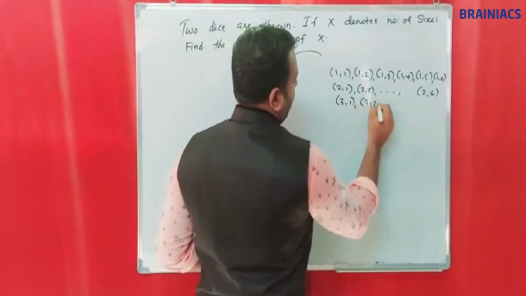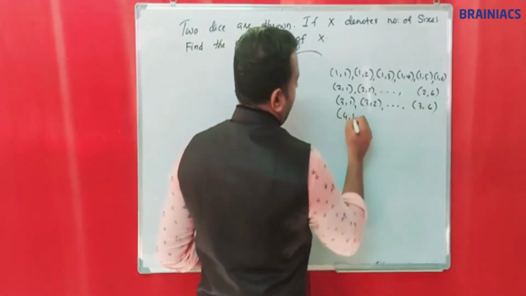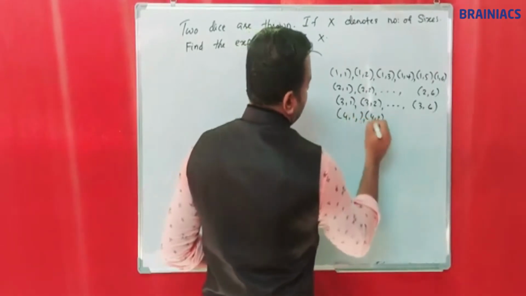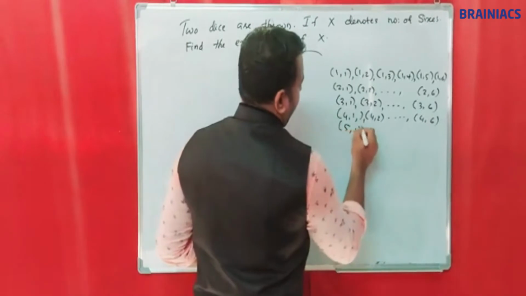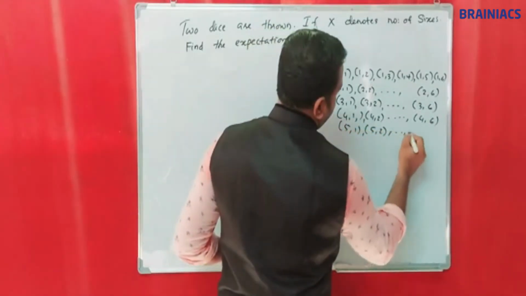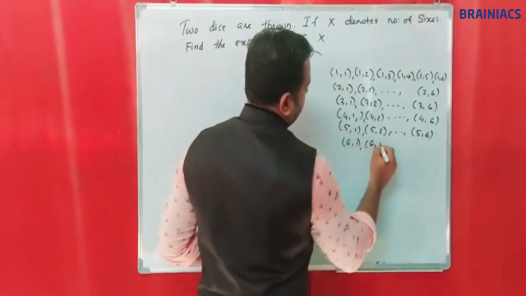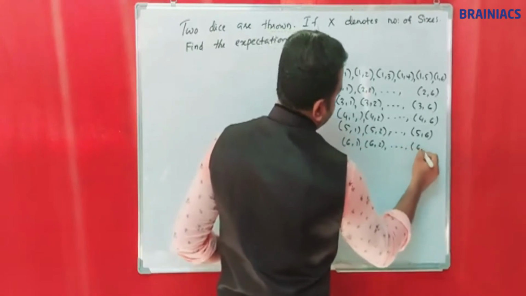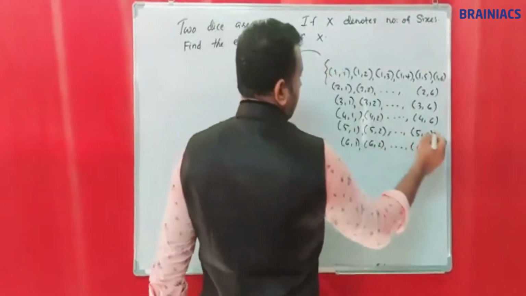3,1, 3,2, etc. 3,6, 4,1, 4,2, etc. 4,6, 5,1, 5,2, etc. 5,6, and 6,1, 6,2, etc. 6,6. Considering these all results,